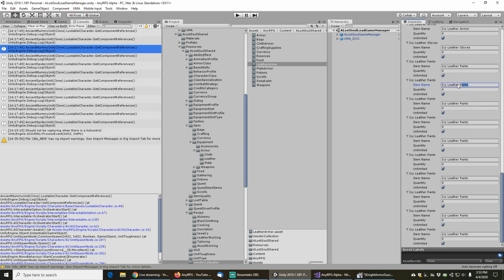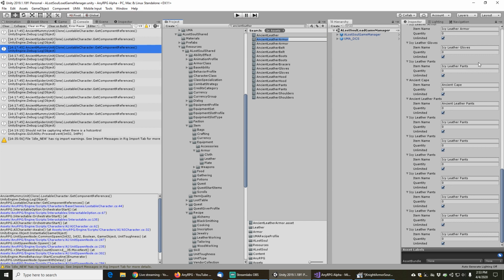And the last one was the icy leather pants. So here we'll have the ancient cape as the first item. And then what I'll do here is I'll just lock this inspector and type in ancient leather, and this will bring up the list of all the ancient leather pieces here. I'm going to hit Control C to copy this and then paste in each of the names there. So ancient leather armor, ancient leather belt, ancient leather boots,